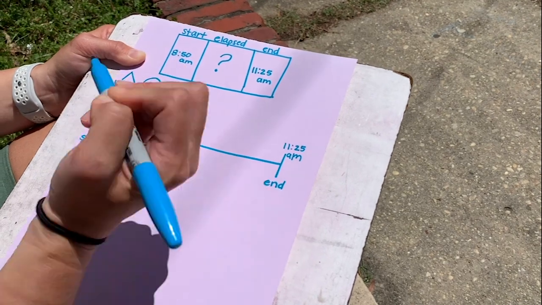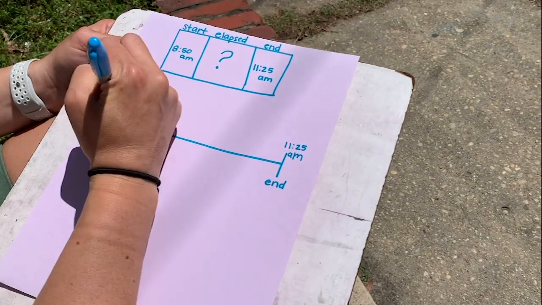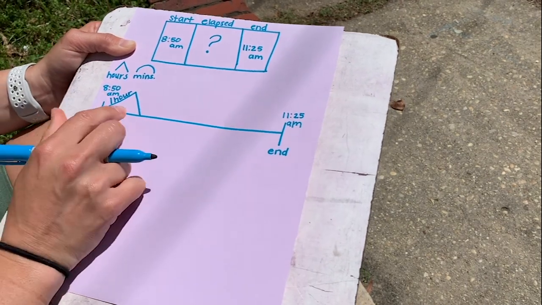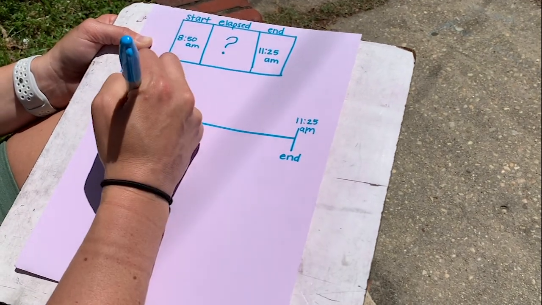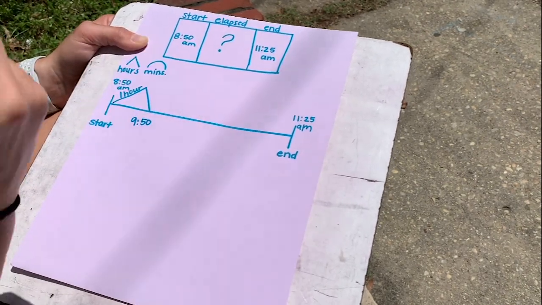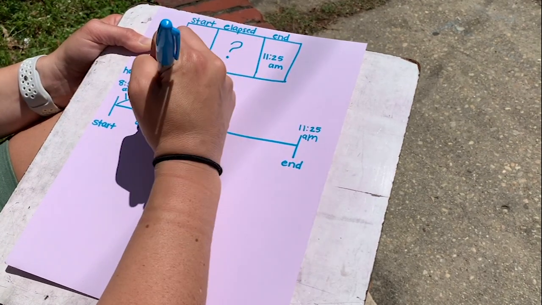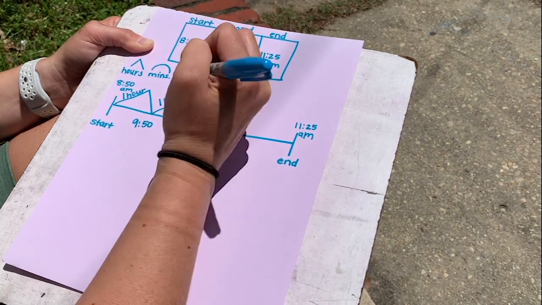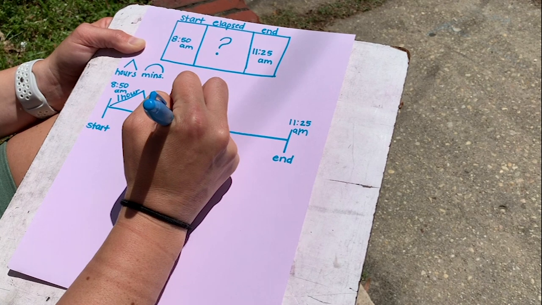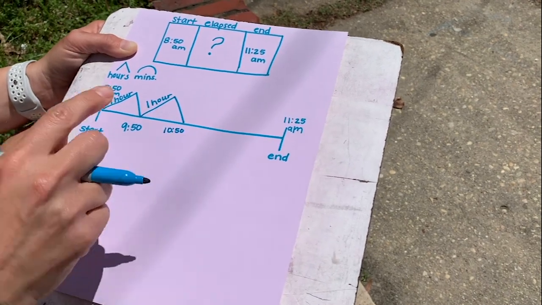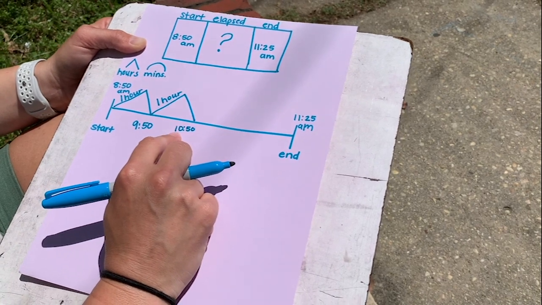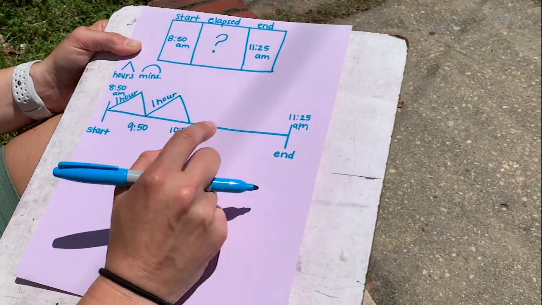The first mountain that I'm gonna go is gonna be 1 hour. Because if I jump from 8:50 to 1 hour, I will now be at 9:50 a.m. If I were to jump another mountain, which is an hour, I will be at 10:50 a.m. If I were to draw another mountain and jump another hour, I would then be at 11:50, and that's past